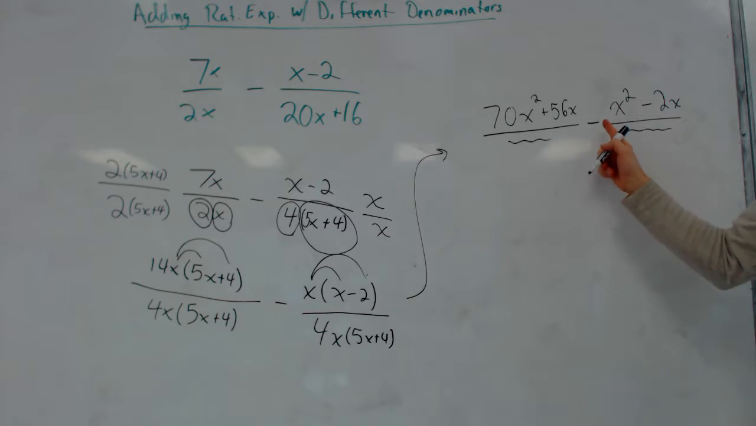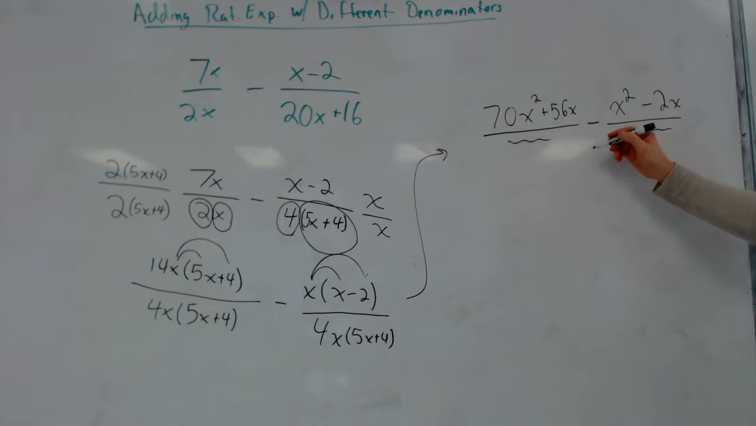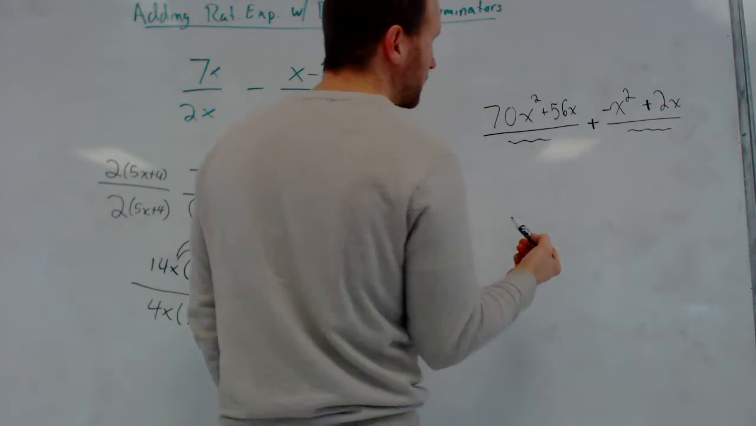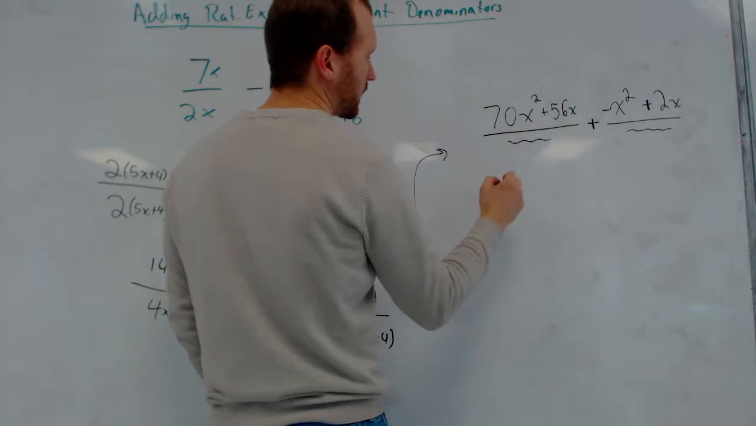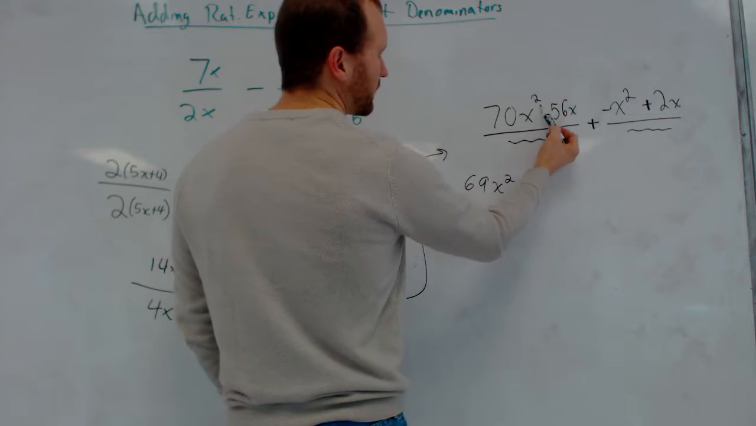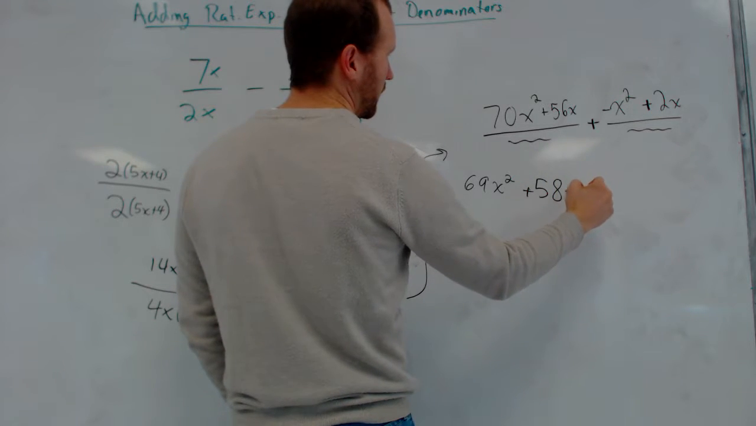Denominator. Now, since it's a subtraction problem, I would use this little trick of saying, okay, I'm going to add a negative x squared and a positive 2x. So I distribute that subtraction through this numerator. Okay, now I'm going to line up my numerators. So I've got 70x squared minus x squared, that's 69x squared. I've got 56x plus 2x, that's 58x,